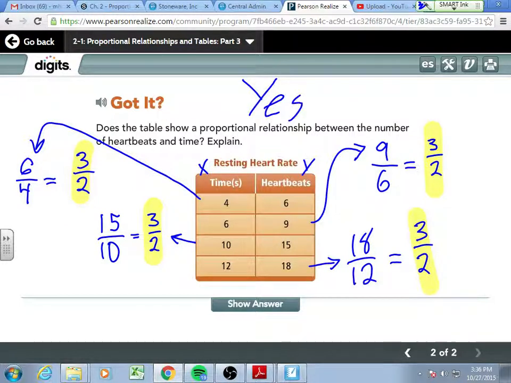Yes, they all match. Now I want to show you one quick thing before you leave class. If you get at all confused about anything,